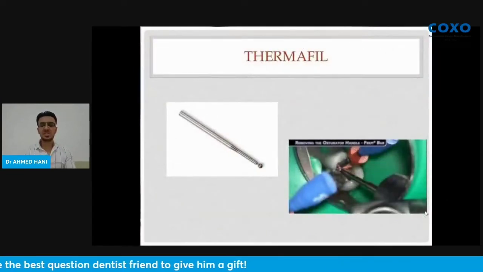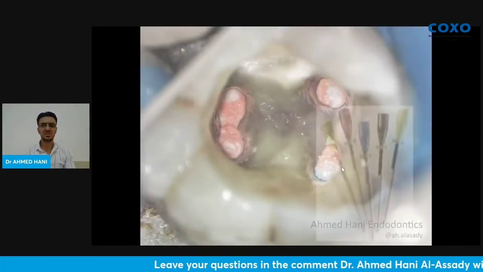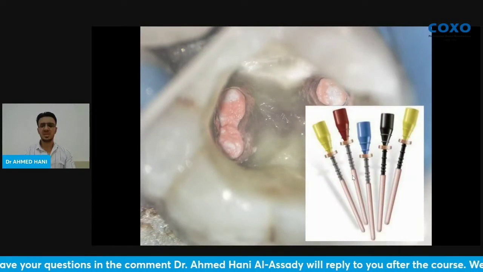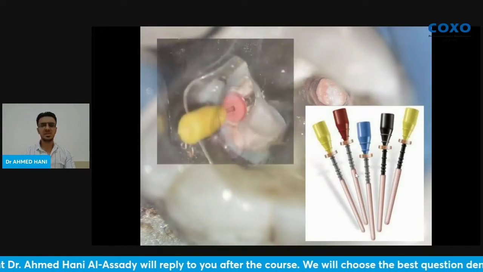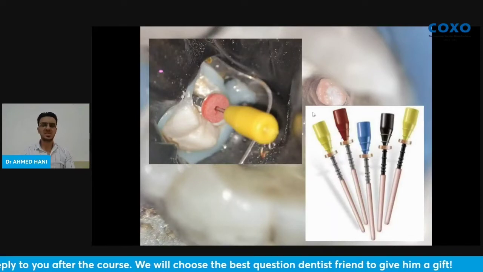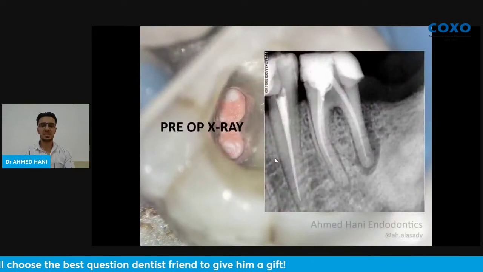In such cases, retreatment is challenging. It also depends whether the gutta-percha circumferentially surrounded the carrier or the carrier is wedged inside the canal alone. After finishing the obturation by carrier-based technique, we should cut the plastic carrier with a bur at the orifice level. This is Thermafil, a plastic core surrounded or coated by a sleeve of alpha type gutta-percha,